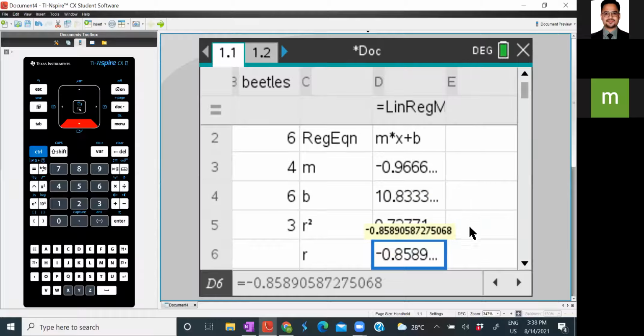And once you move down, you will see the value negative 0.8589. That means the negative indicates that as the quantity of chemical increases, the number of surviving beetles gets reduced. And what type of correlation does it show? A moderate type of correlation. So this is so easy to answer with the aid of a calculator. All right.